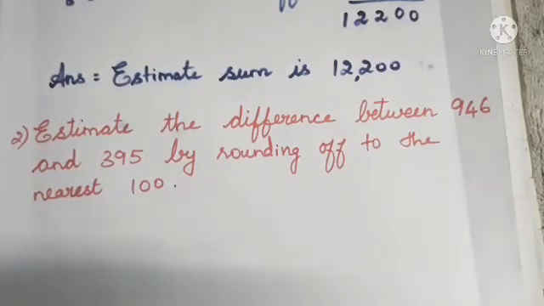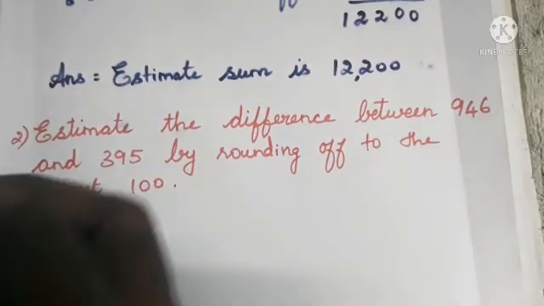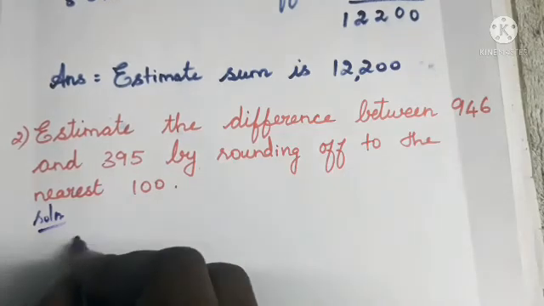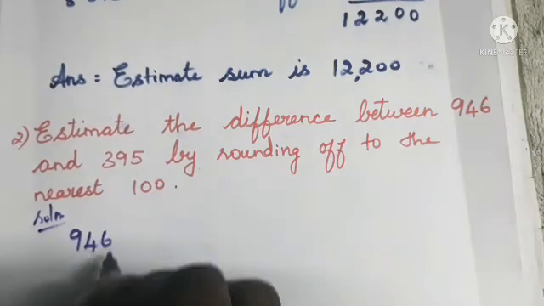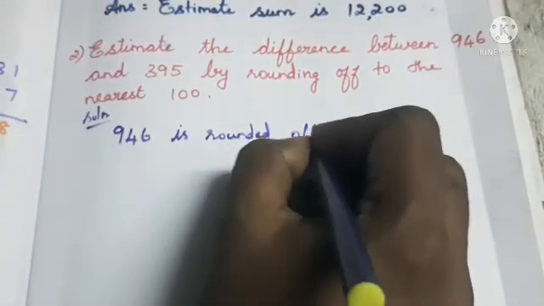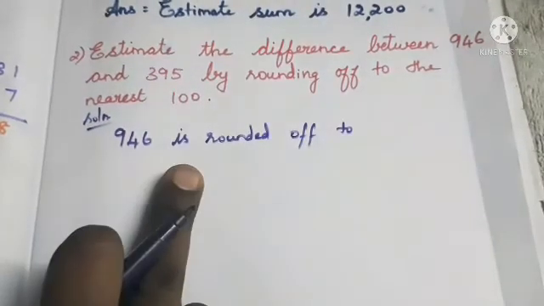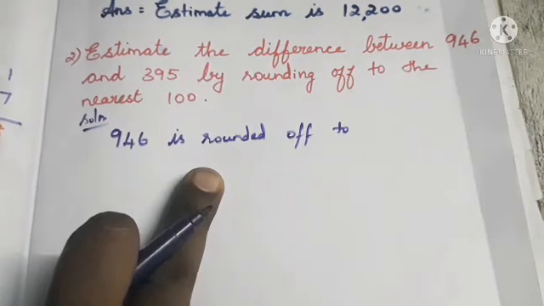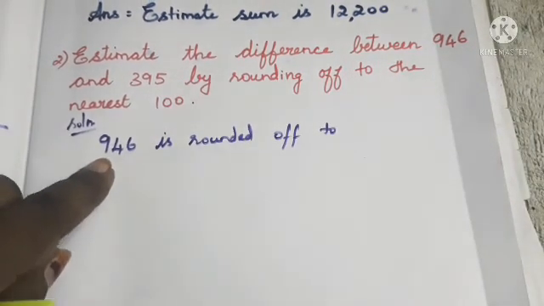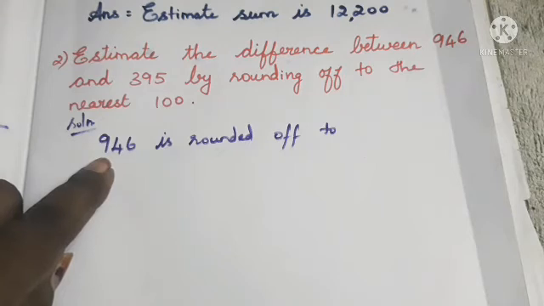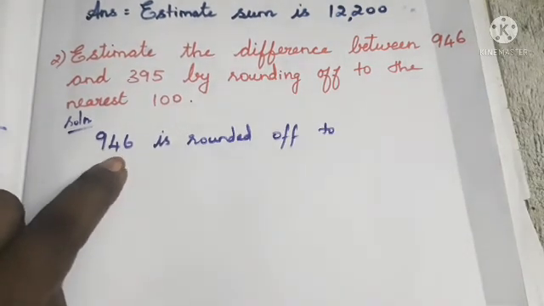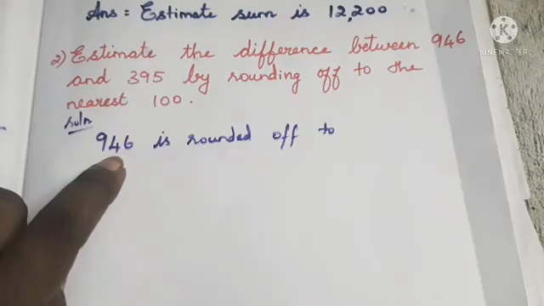So we can write it as the solution. What's the first value, ma? That is 946. So 946 rounded to the nearest 100, no? So what's the 100 place, ma? Here 1's, 10's, 100. Okay, 9 is the 100 place. If you want to find the nearest 100, rounding to the nearest 100 means we have to focus on the 10's place. What do we have in the 10's place? 4. So we have two rules, isn't it, ma?